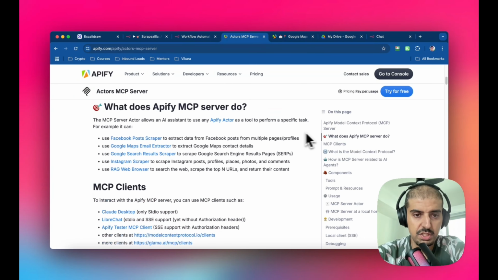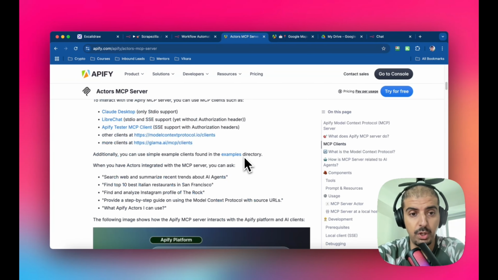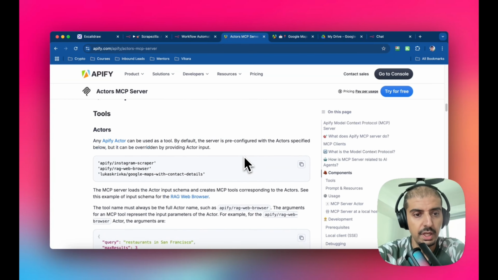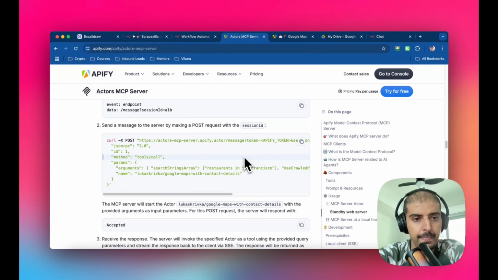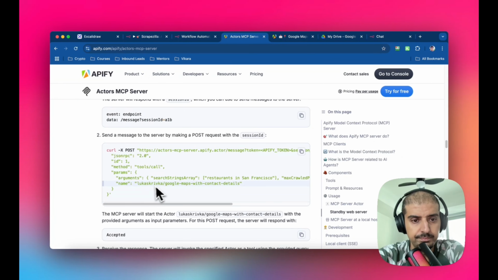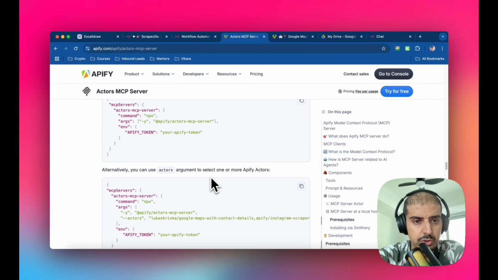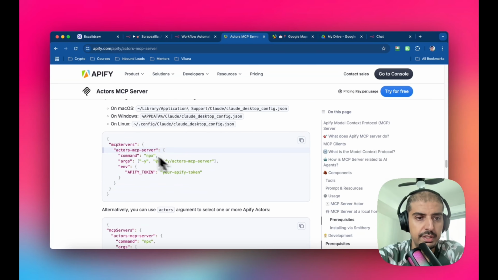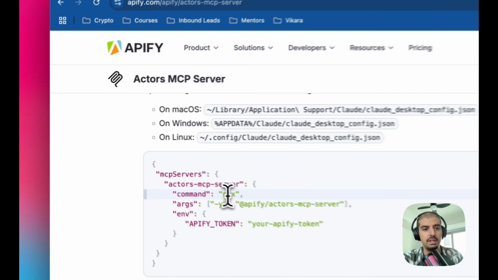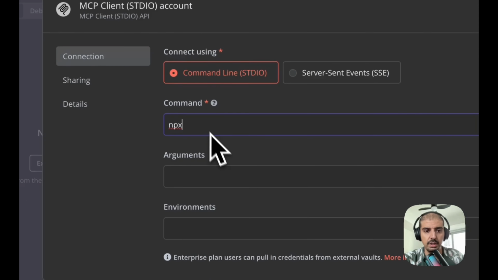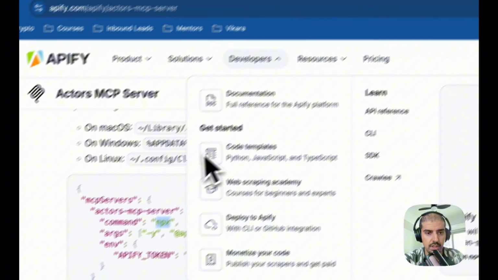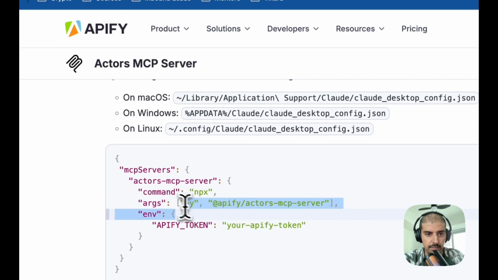There's a lot of information in here, so if you are curious, by all means, consume this information. But I want to go down to the bottom here and show you what it is that you need. Here it tells you the name of the tool, and we want to go to this bit here, the MCP server. The command is npx, so you put npx here. Then the arguments is this string here, but I need to edit it,